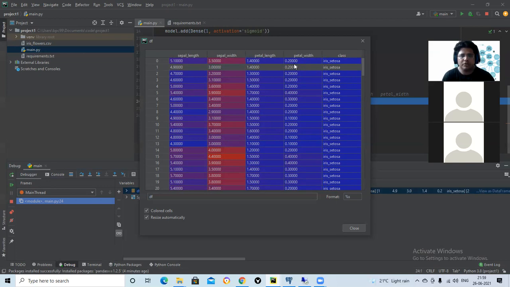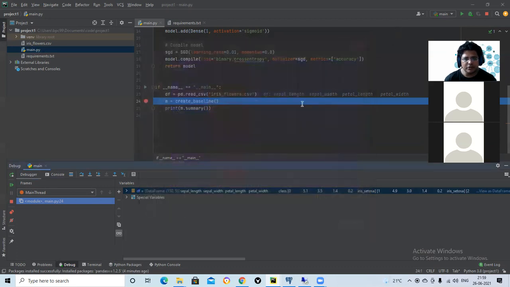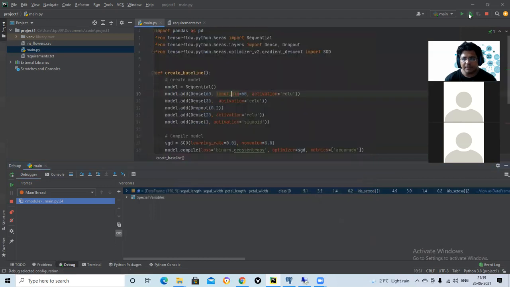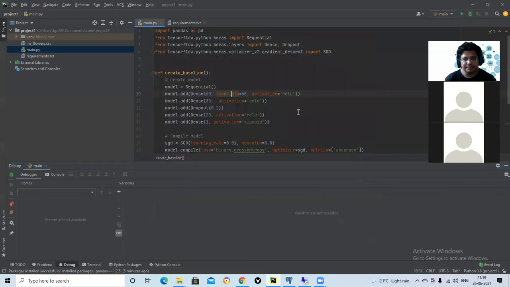Okay, so now after looking into this, Imran, tell me what should be the architecture of my neural network? What should be the value of input dimension? Now input dimension is 60, right?